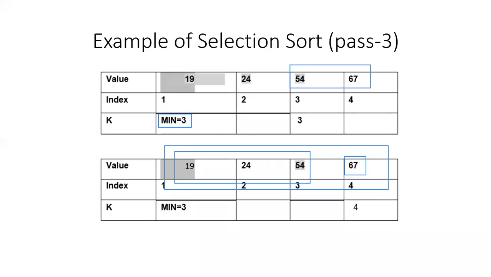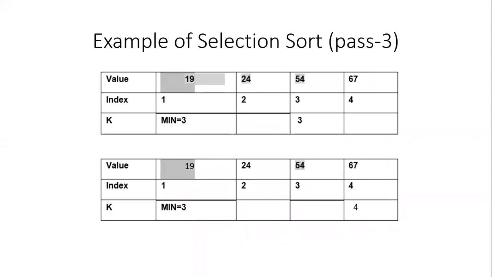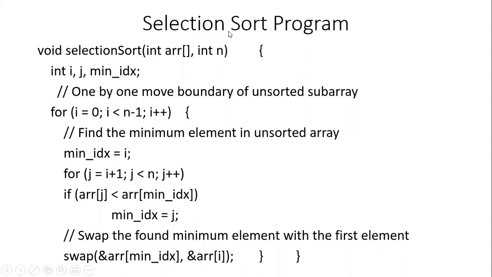To find the smallest element in the list and place it at the first position. So that is the only difference between the two algorithms. Other than that, the number of steps and the number of comparisons all are same. So this is the program, a simple program to sort a list of elements using the selection sort. So this represents the number of steps that we are going to perform, and this represents the number of comparisons that we are going to perform.